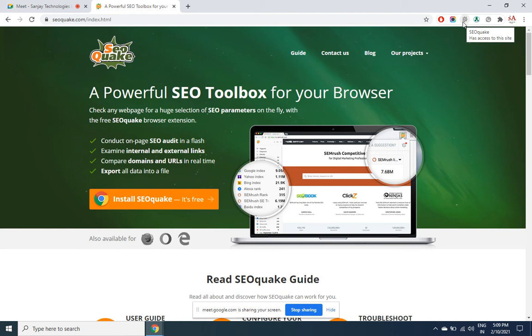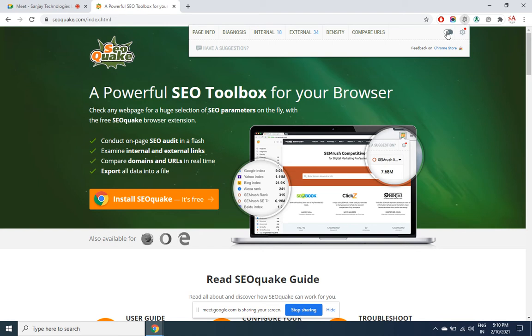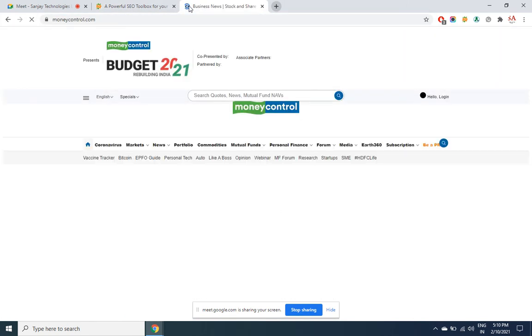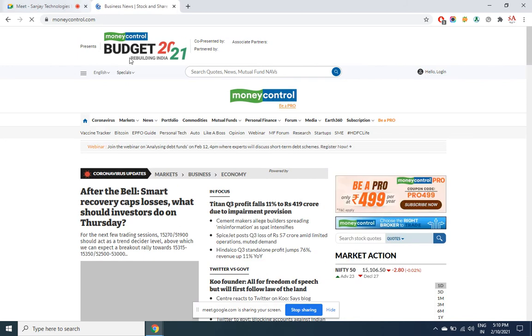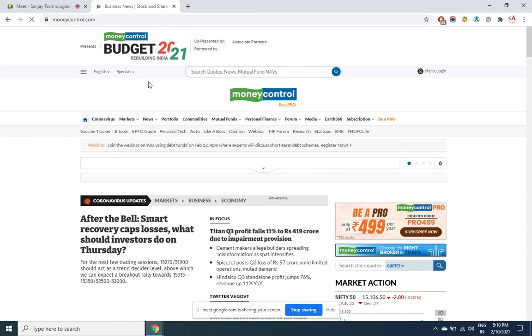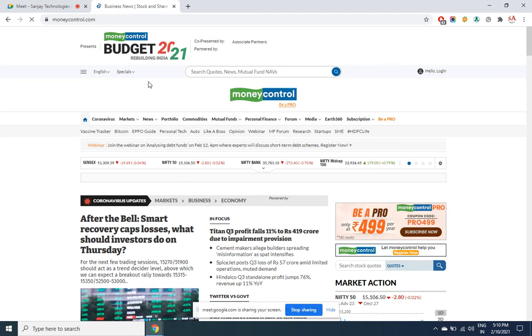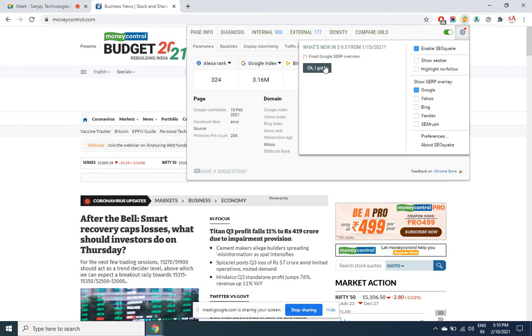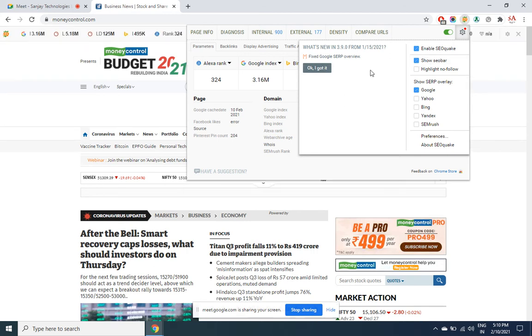If you click on it, enable it, you'll see a bar loading at the top. You may have to select this one, show SEO bar.